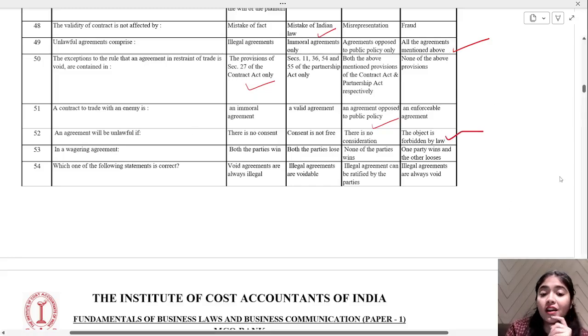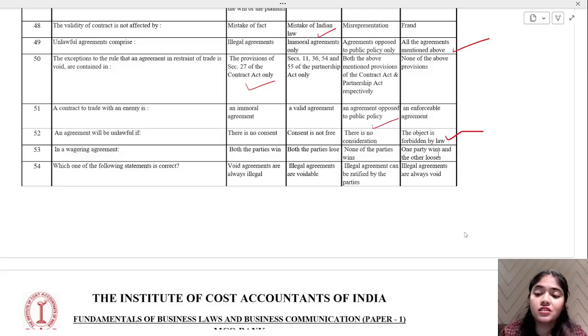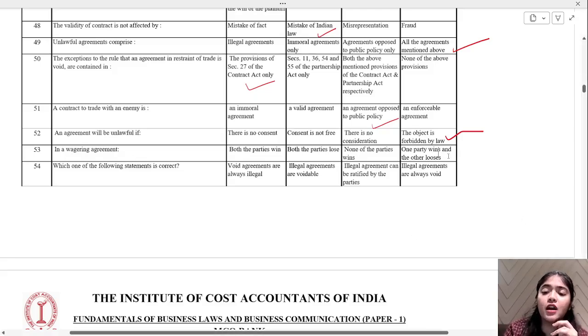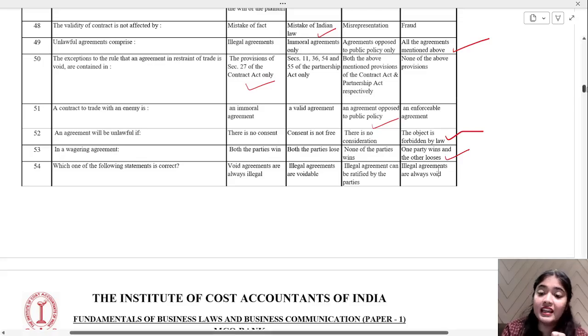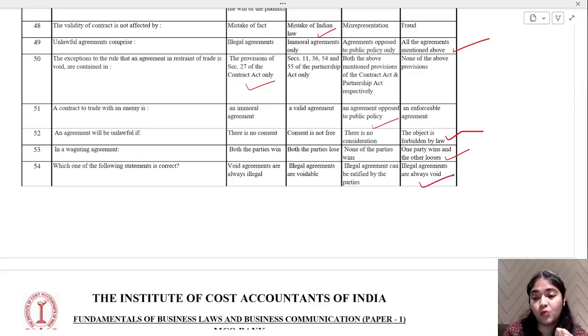Okay. In a wagering agreement, both the parties win, both the parties lose, none of the parties win, or one party wins, the other loses. That's correct. In the wagering agreement, one wins and the other one loses. Now, which of the following statement is correct? Void agreements are always illegal. Illegal agreements are voidable. Illegal agreements can be ratified by the parties. Illegal agreements are always void. Which of the following is correct? Illegal agreements are always void. Okay,